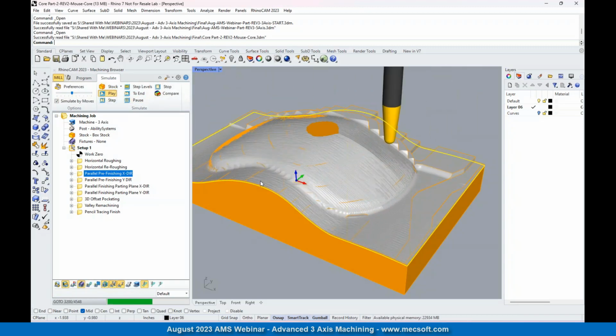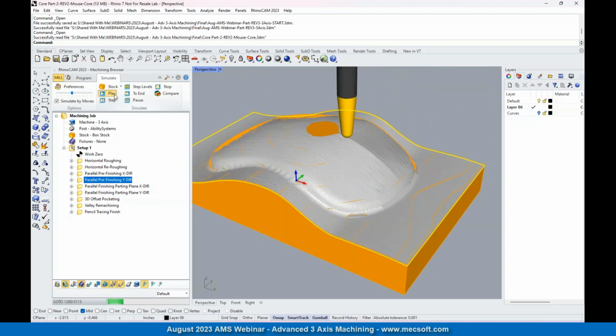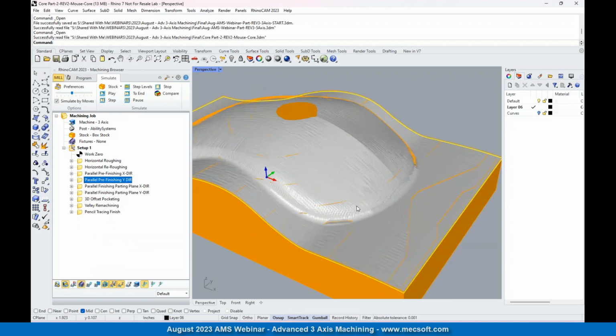So we're just pre-finishing, getting a lot of material off. Again, we did one going in the opposite direction. You're using a tapered tool on this? Yep. I believe it's a 5-degree taper. Let's see what it is. It's a 5-degree taper. And that will get, again, if you have draft on your walls, if you notice this